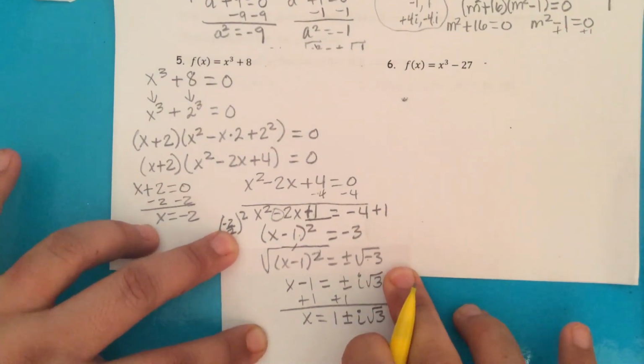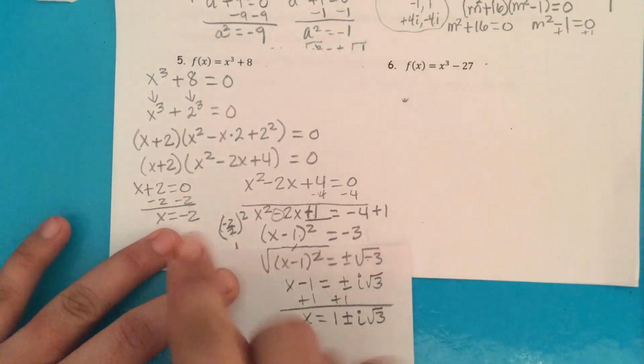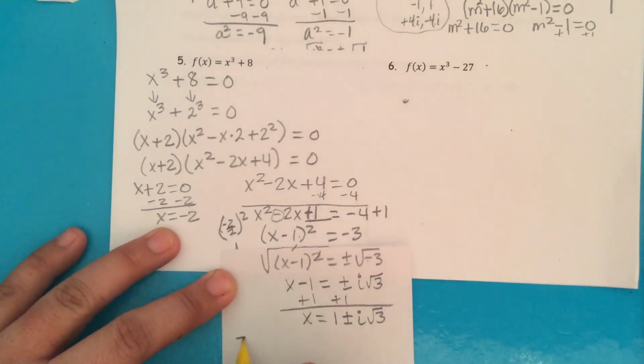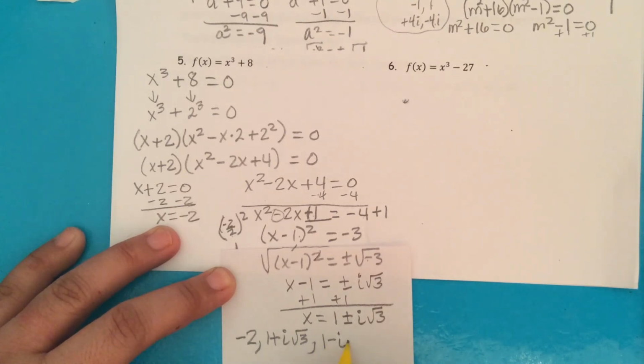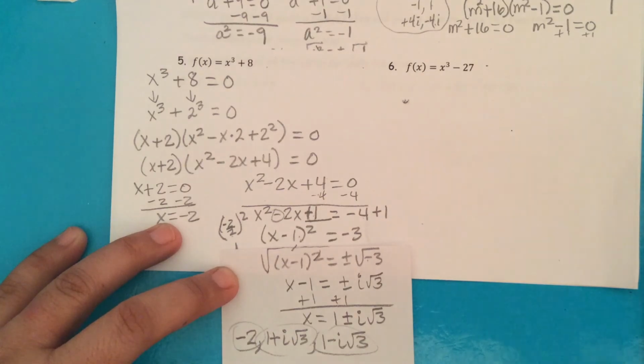So remember, we need three answers. We have negative 2, and then we have 1 plus i square root of 3. That's an answer, and then 1 minus i square root of 3. So that's three answers. And this is an x cubed, so you should have three answers. Okay, go ahead and